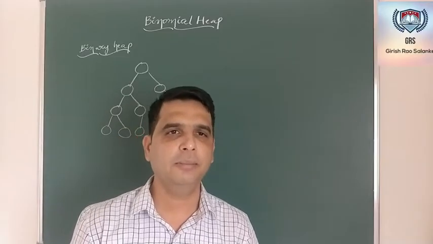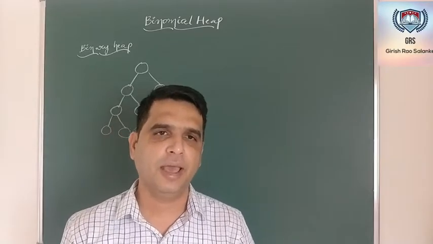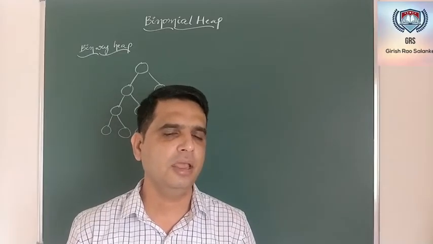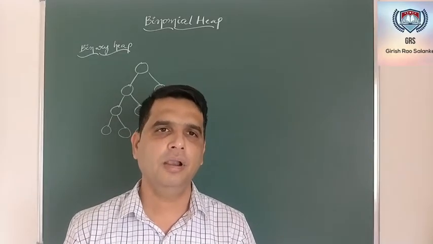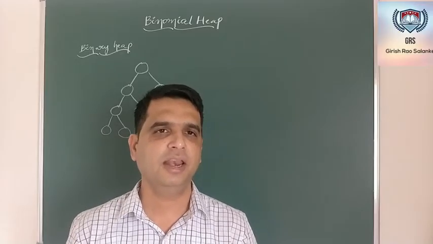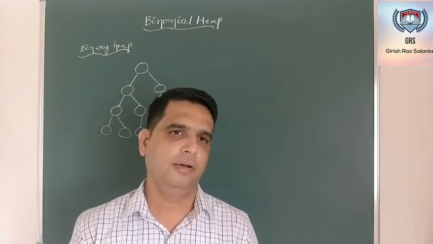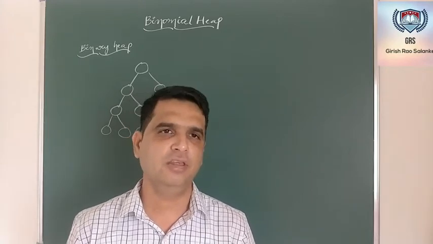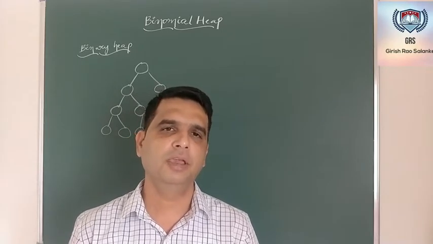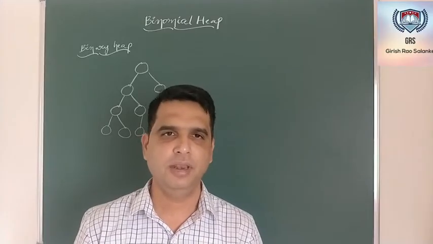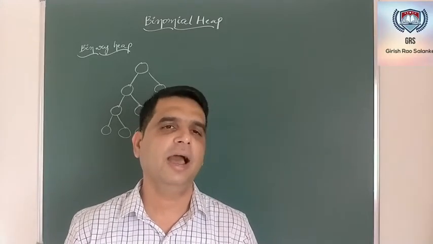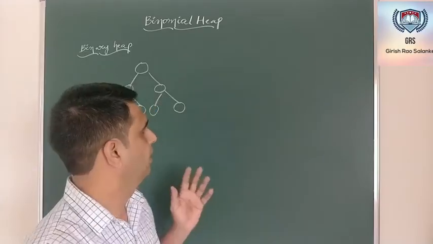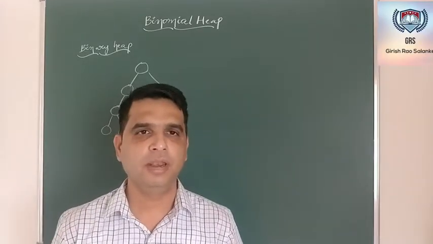Now coming to the second property that a binary tree should have to call it a heap, the parent dominant property, wherein depending upon what we are considering as the dominating parameter, we have max heap and min heap. If I assume that the lower value should be given more priority, then we call it a min heap, or if I am giving the higher value more priority, then we call it a max heap. Now let me assume that I am constructing a min heap.